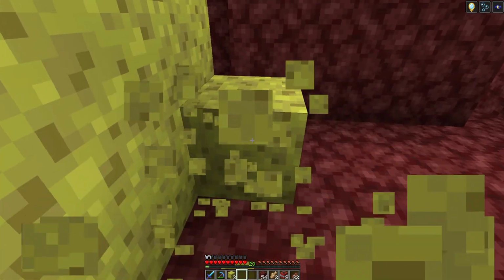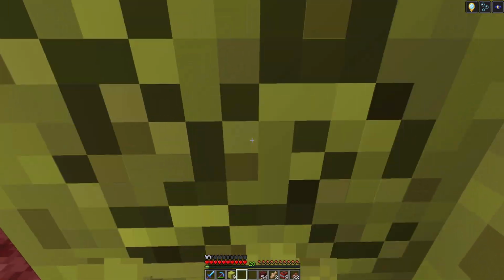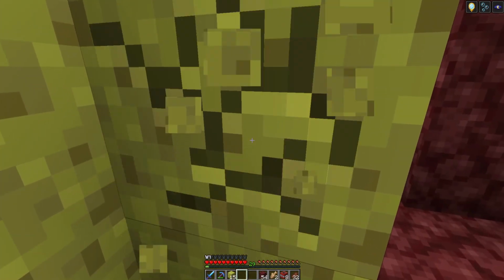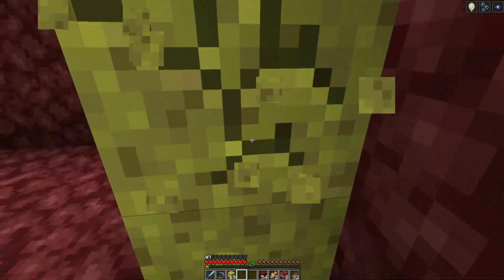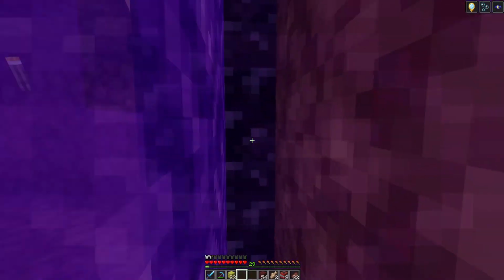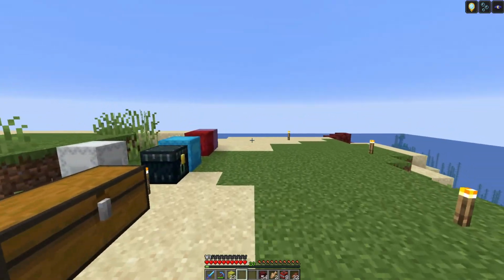Is it any faster just to punch these? Punch them. Should have 23 dry sponges for that. Drying out the inside of the monument will be a lot easier. Oh, 23 dry sponges. And the next step will be